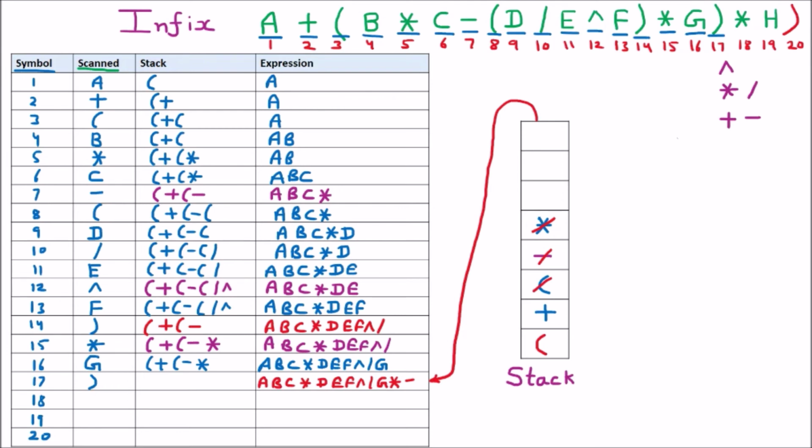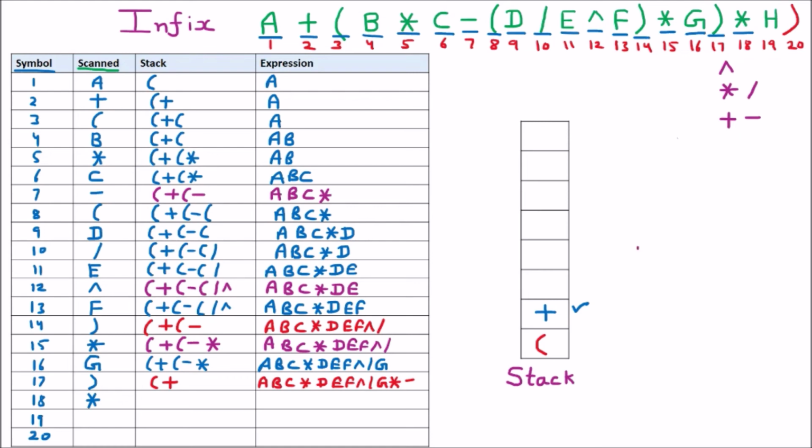So the remaining entries on the stack are bracket and plus, because the above entries are taken out. Afterward we are scanning the next symbol, which is the 18th, and that is star. Whenever an operator is encountered, we have to check whether some operator is already present on the stack. Yes, an operator is already present. The already present operator is plus. So in that case, we have to compare their precedence.